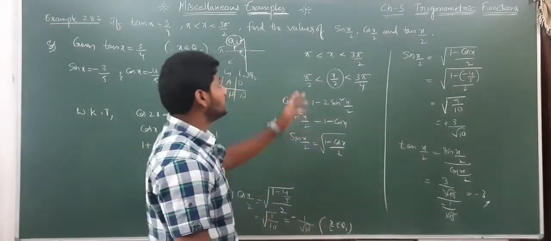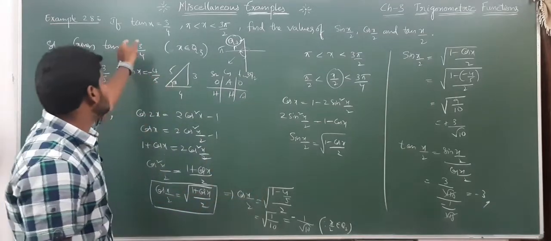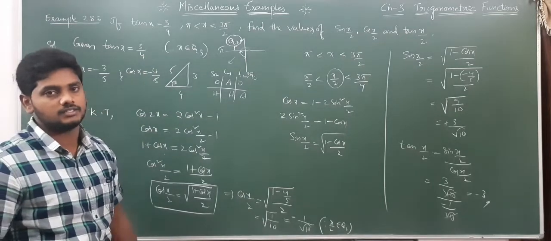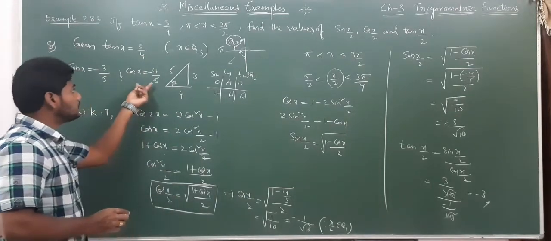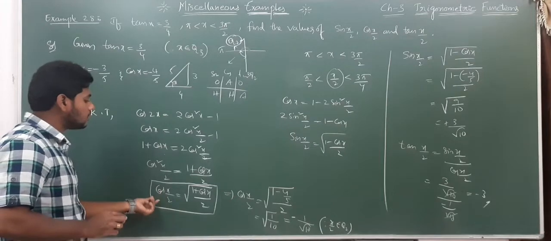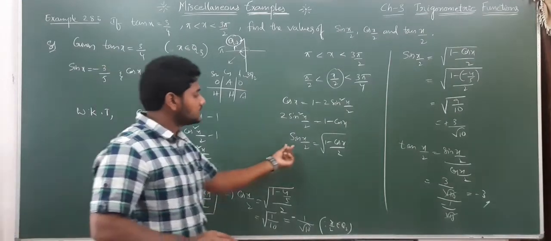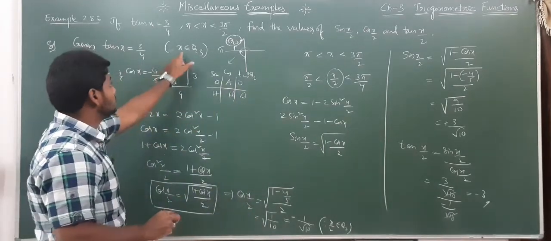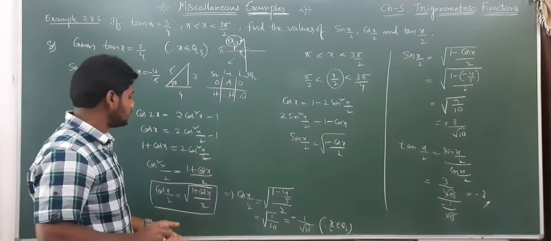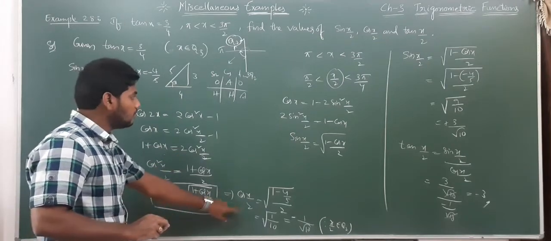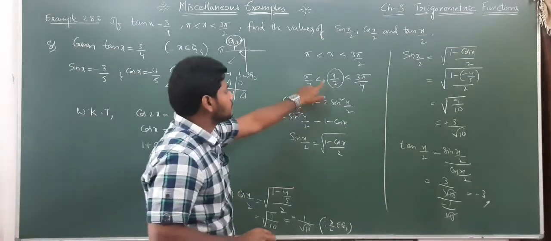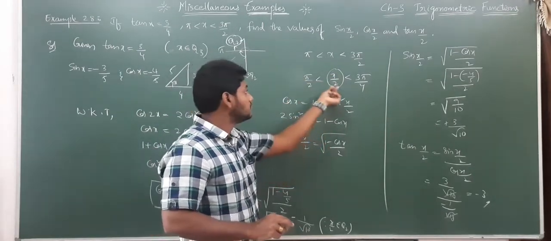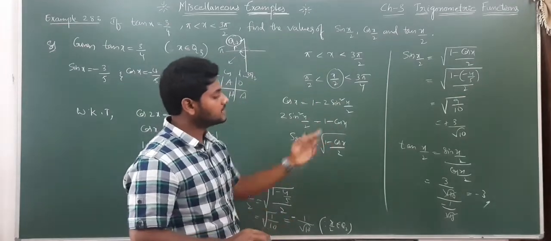So like this we need to find the half angle values. If they are given, we need the trigonometric function value. Sometimes they will ask tan x, sometimes sin x, cos x, like that. What we need to do is find the cos x value first. Based on this cos x value, cos x by 2 is square root of (1 plus cos x) by 2, sin x by 2 is square root of (1 minus cos x) by 2. So if you find the cos x value based on that quadrant, whether it is plus or minus, easily you can find half angles. After finding half angles, you need to remember this condition: if it is given in terms of x, you need to convert into x by 2, nothing but divide by 2. Based on the quadrant where it lies, you need to put plus or minus.